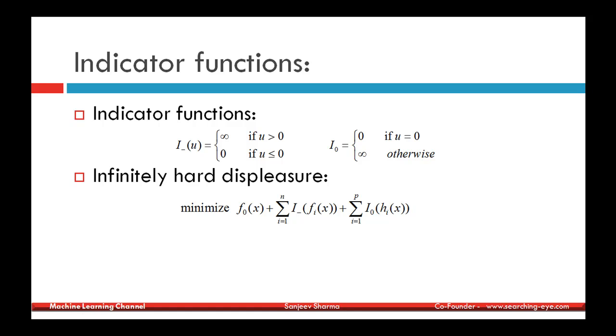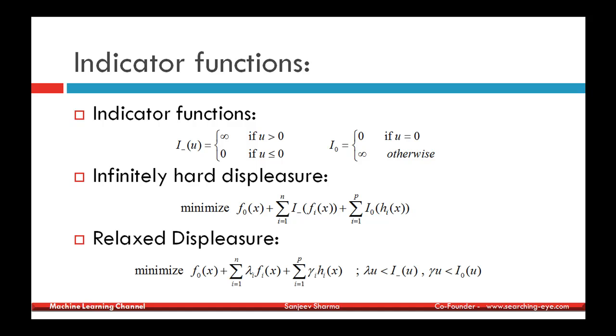So in other words, we can say that we express infinitely hard displeasure if the f_i's or the h_i's violate the constraints, and therefore we can relax these constraints using the Lagrange multipliers, and this is what the dual problem is about. So using the Lagrange multipliers, we relax the constraints of the primal problem, and we replace it with f_0(x) plus the sum over all i from 1 to m of lambda_i times f_i(x), where lambda_i times f_i(x), that is lambda u, is always going to be